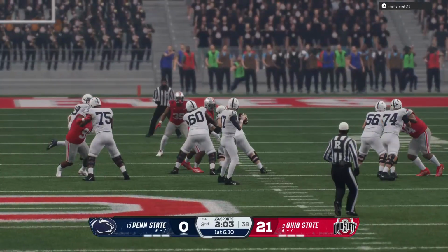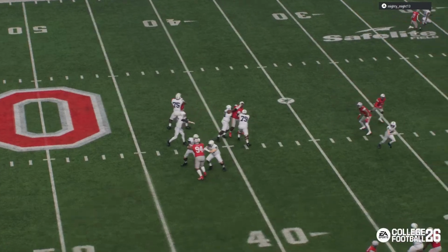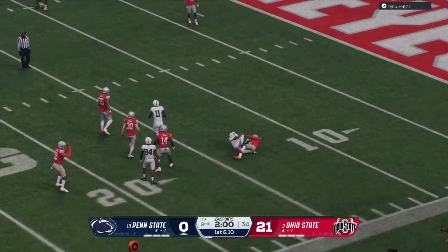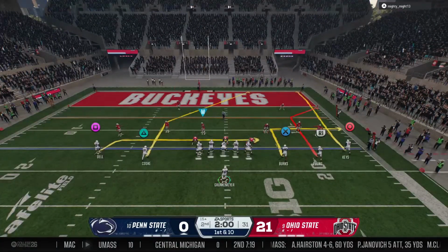And this guy continues to pour on the stats. That's why he's in the Heisman picture, right? Had over 100 receiving yards last week. He's off to a great start today. Defenses just can't figure this guy out. Finally, this offense starting to show a little juice. They've got a 1st and